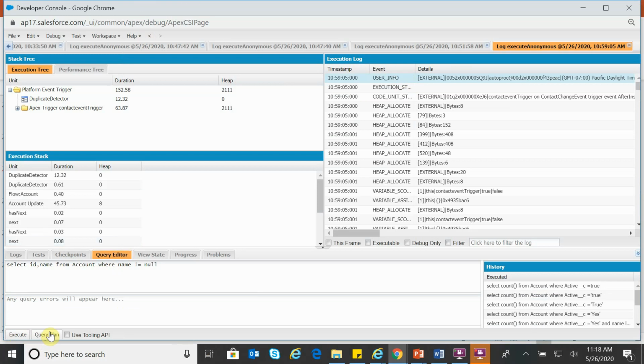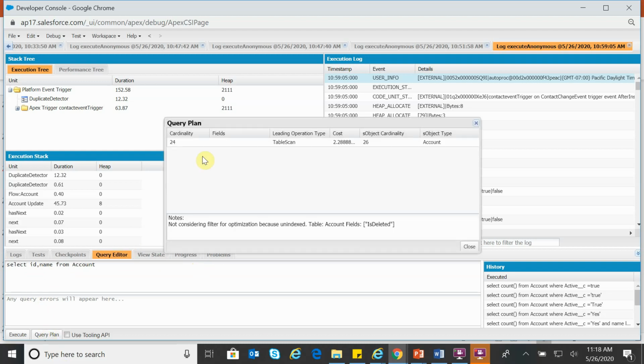So how will this help you to improve your query? Let us have a simple query here, like select Id, Name from Account. It's a simple query, right? You are going to fetch all the details from Account, and you don't have any criteria or filters. Once you have the query written here, click on Query Plan. In the query plan tool, you can see that the cost of this query is 2.28. That means it's really high. According to Salesforce documentation, if the query needs to be optimized, its cost should be less than 1.